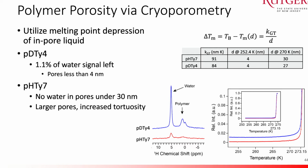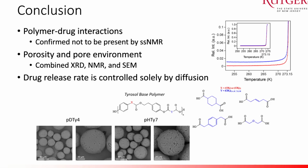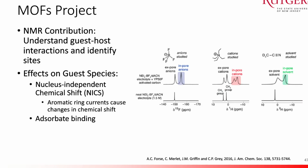And so actually that difference in ability to escape is literally just a path length argument. There's no direct interactions between the drug and the polymer. It's literally just a longer maze for the drug to come out of. And that's that conclusion. And then just to talk about Ashley's MOFs for half a second, we're basically studying a